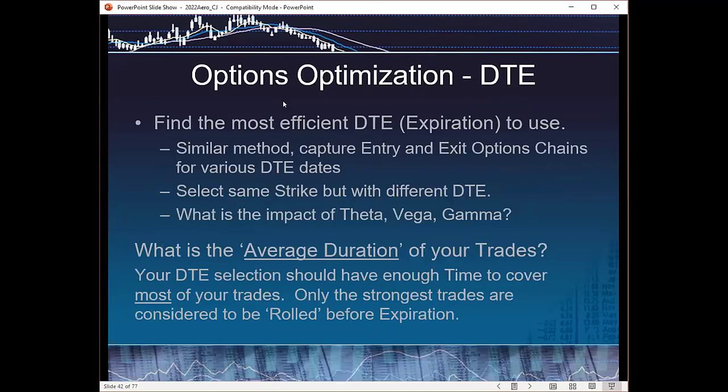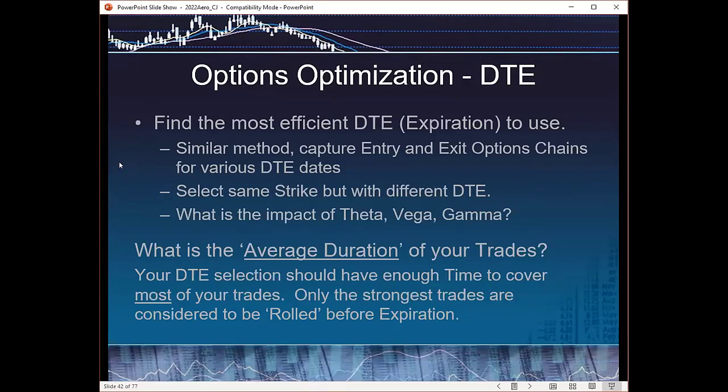The next decision is days till expiration, and how do I find the most effective or appropriate expiration series to use? Well, back when I started doing this, monthly was the only choice, and it was the front month usually, as long as I had, let's say, 2 weeks till expiration.